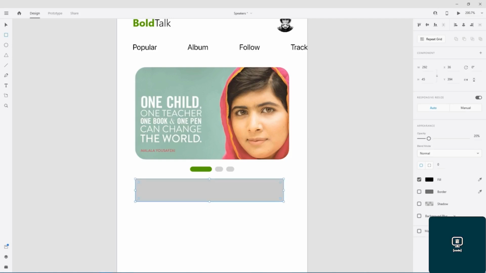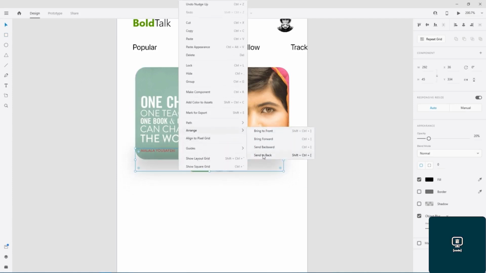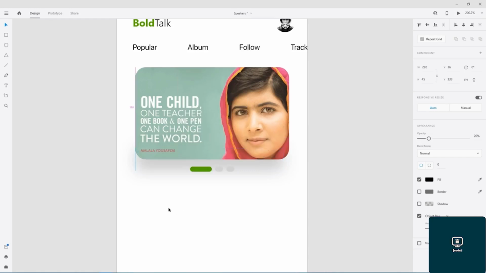Okay, and the object blur section is selected and set at 15. And this is set at bottom of this item, so I choose the option average and send to back,